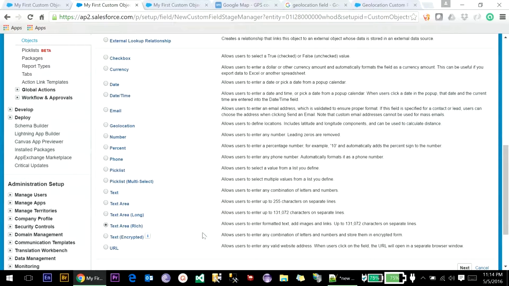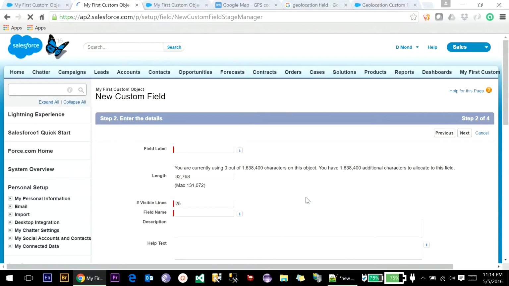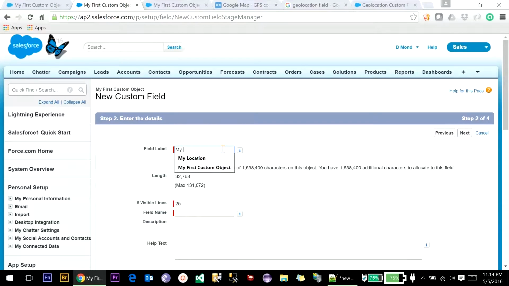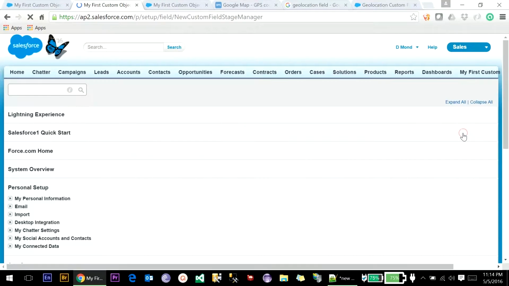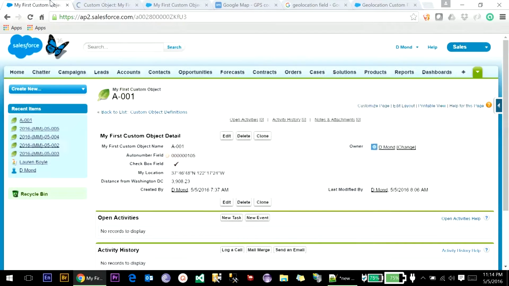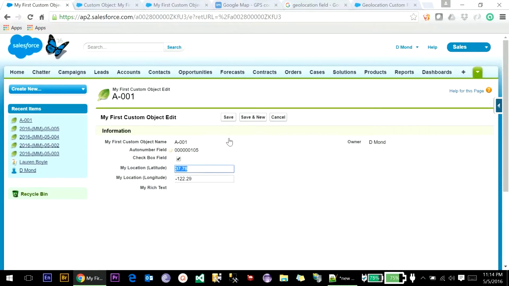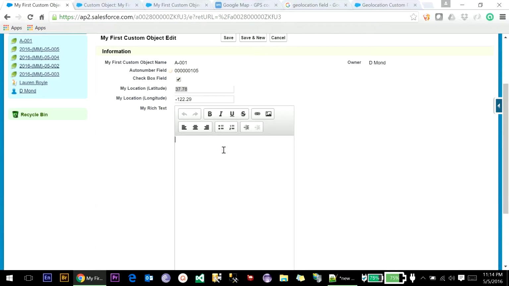So let me show you. And this is the length. You can also define more than this length, but this is huge number of length actually. If you click on edit, you'll be able to see this field. So if you type my fast rich text field, now among these you can define